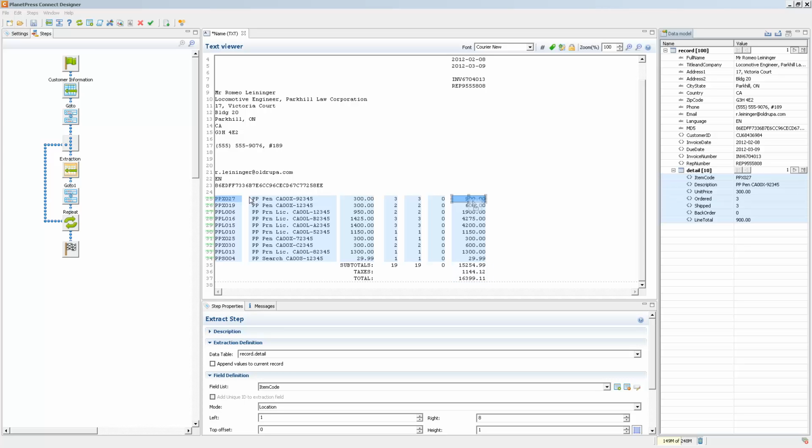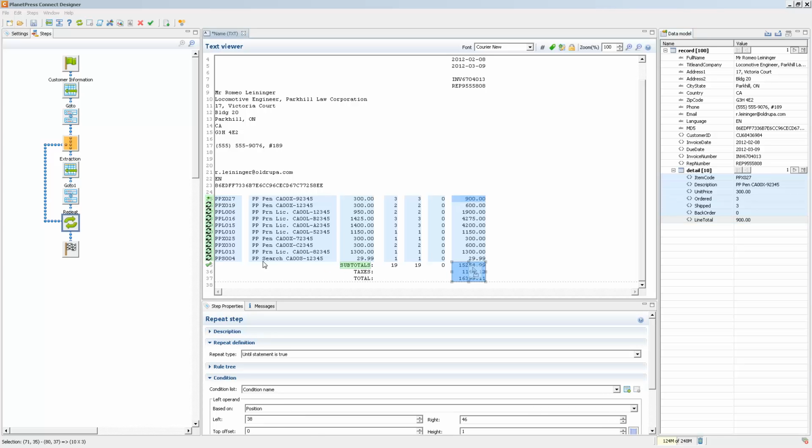Now, when the loop executes, the goto will ensure that the current active line is always the one where it's extracting. So when it gets to the end of the repeat, it will be at the selection, which is the last detail line, always. So if we select the subtotals, and once my selection is done, I can simply add it to my record. Make sure we're actually at the end of the repeat, so after the repeat by selecting it,